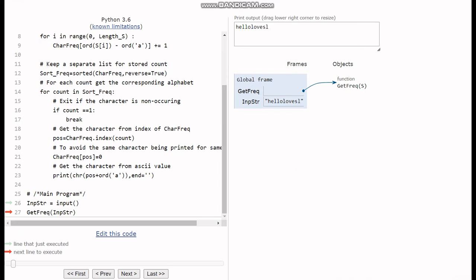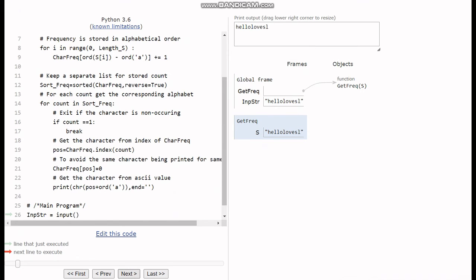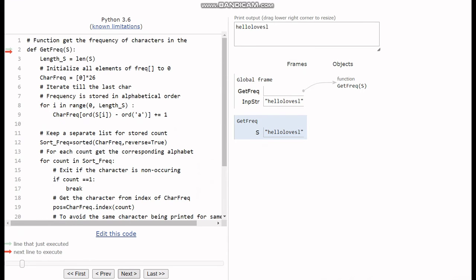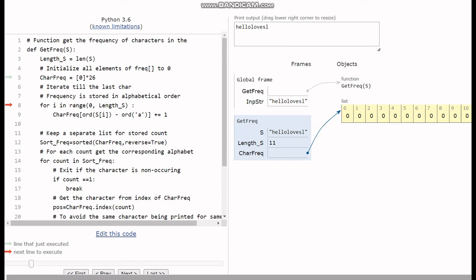Okay. After getting the input, it moves on to get frequency, takes the length, which is 11, and creates a list with 26 zeros, one for each alphabet. Then it calculates the frequency.